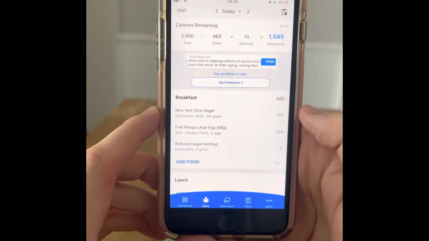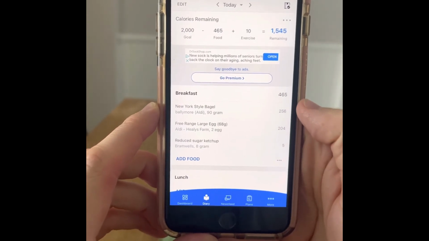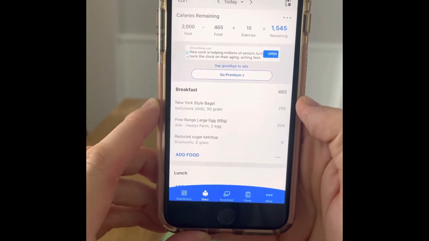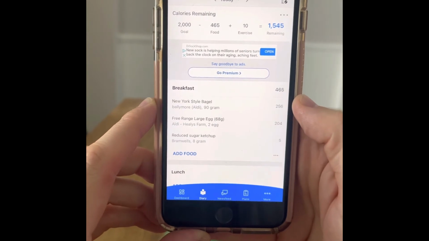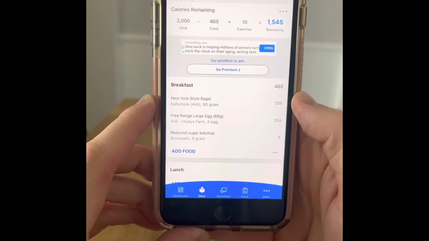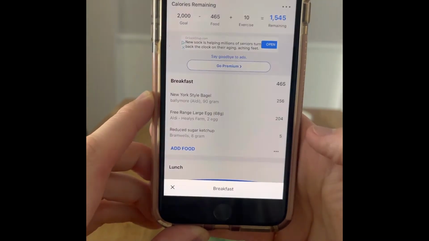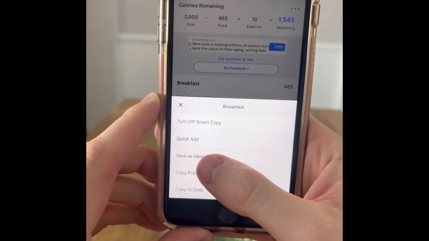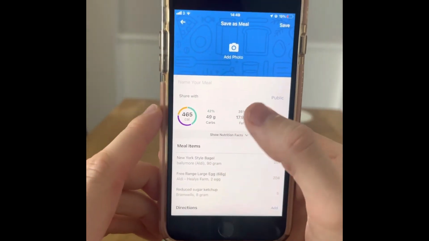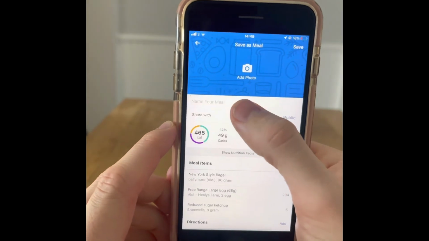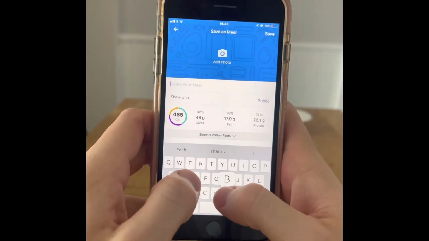So that's a decent breakfast, something I might have on the regular. Instead of me having to manually enter in those digits and always log them on the go, what you can do to save yourself so much time is use the 3 little buttons at the bottom. You can say save as meal. You can add a photo if you want, and you can name the meal. So I'm going to call that